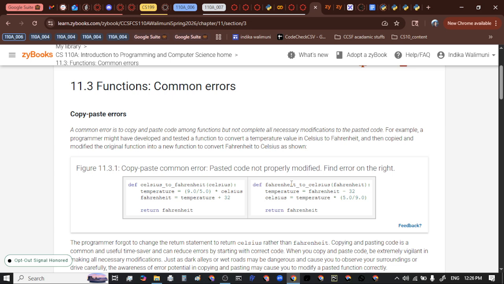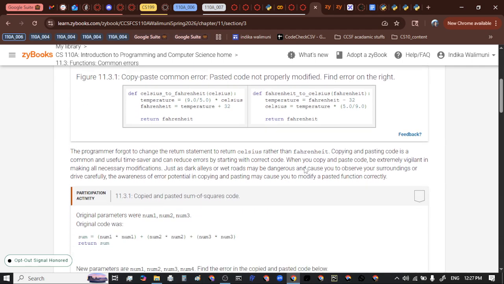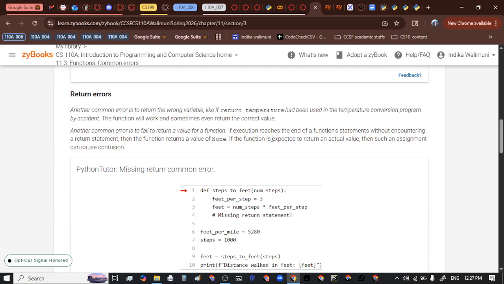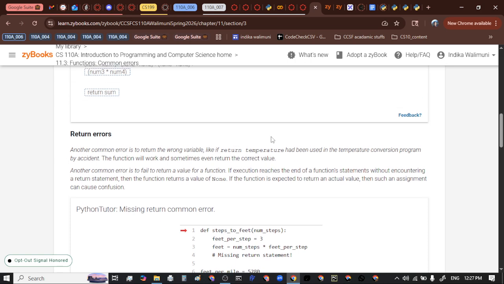Okay. So one is a copy paste error. Pasted code not properly modified. Okay. So that can happen. And the return errors, right? So for example,